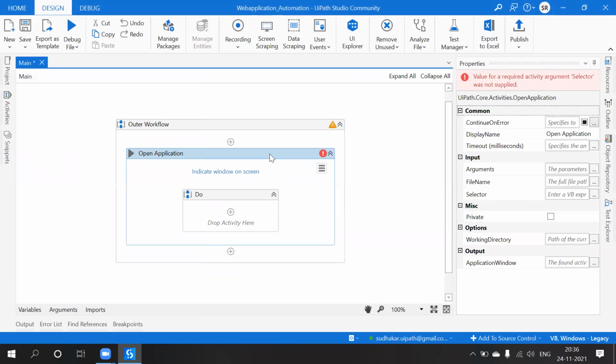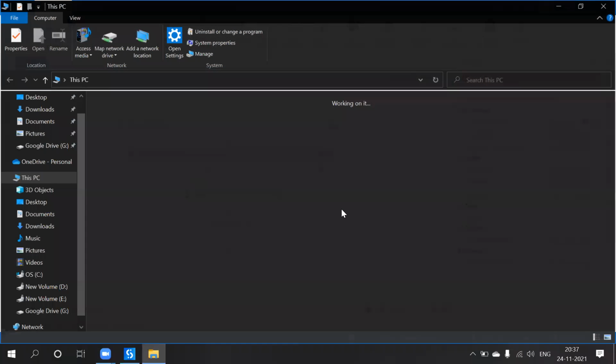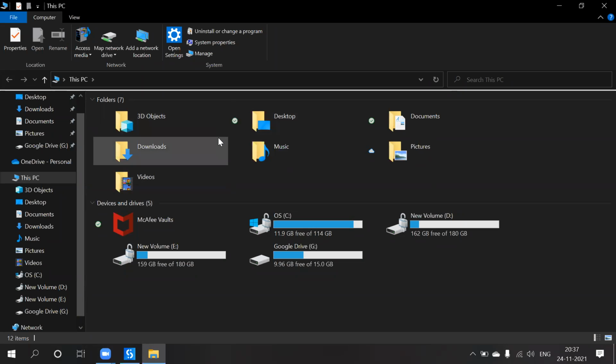Okay, in the open application, we'll see how to open a web application or Windows based application.